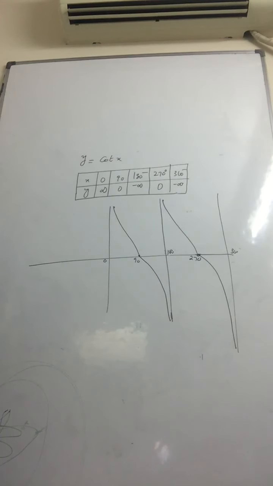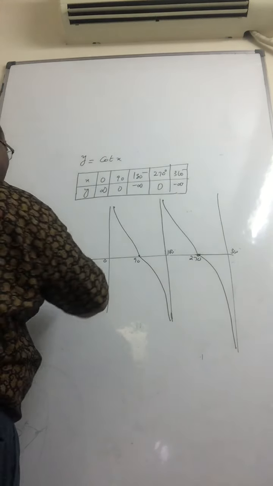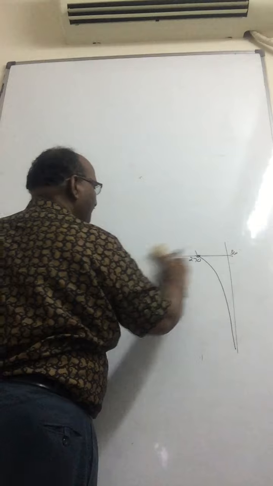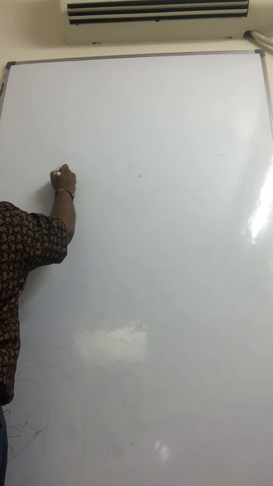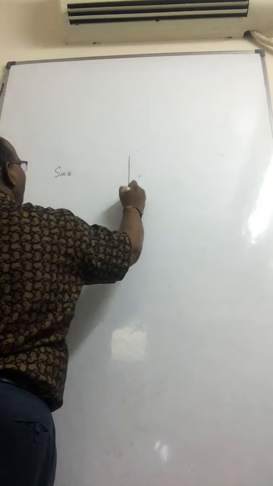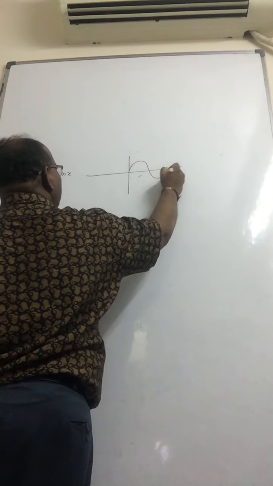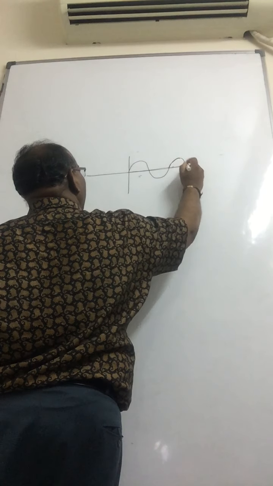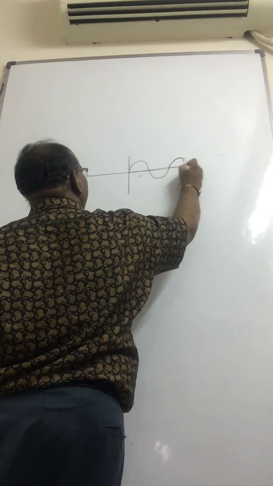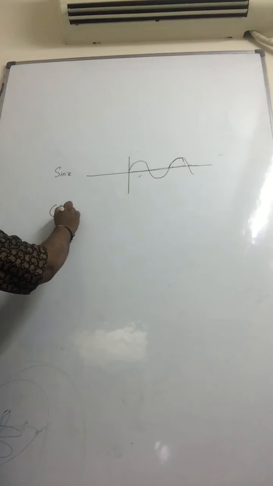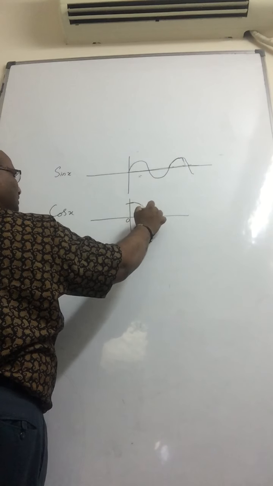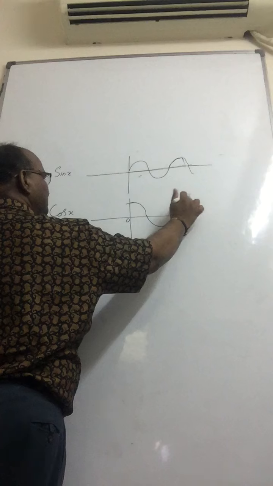Right? So in brief, I'll draw all the graphs once again. What are the graphs we learned? One is sine, and the graph will be like this, because we frequently have to draw these graphs. After learning, you must be in a position to sketch them immediately. Cos x graph: cos 0 is 1, cos 90 is 0, cos 180 is minus 1, like this. So this is the cos x graph.